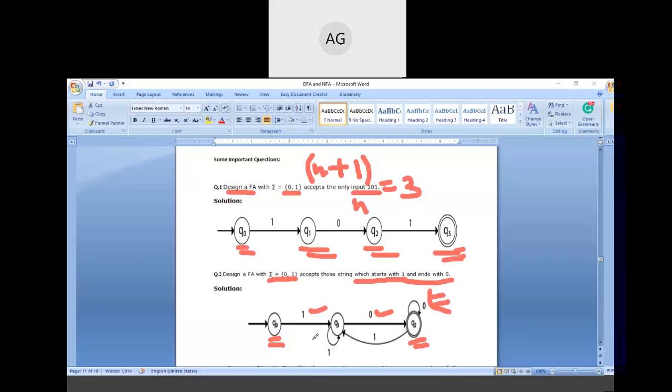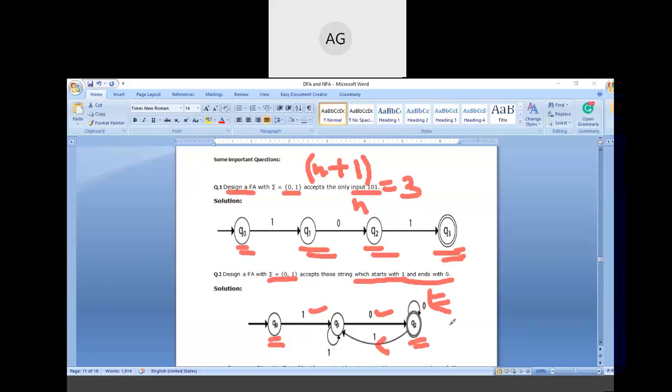So it means that our string will start with 1 and it will end with 0. The number of 0s we can increase, even then it will end with 0. The transition of q2 on input 1, we move to q1, because if it is not there, then our string will end with 1 also, which is not desirable according to the question. So all of you understand how we need to draw the transition diagram according to the given condition in the question.